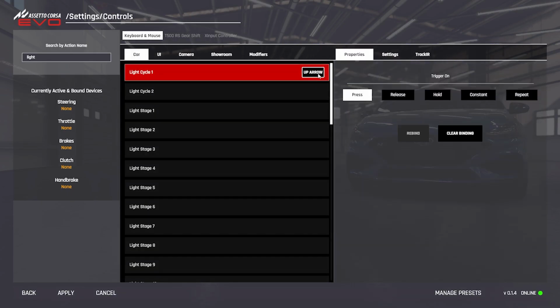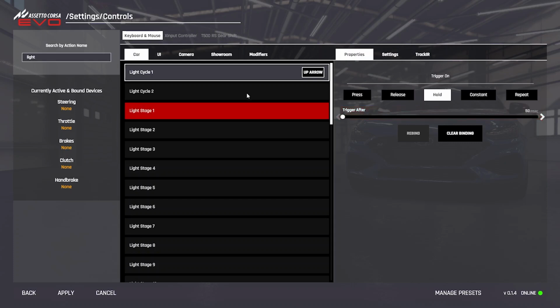And now we can also click here again and select if we want this action to trigger on press, release, hold, constant, or repeat. So for example, if you set on hold, if you hold this key for, let's say, 1 second, like this. Now, if I press the up arrow key for a second, it will turn on the